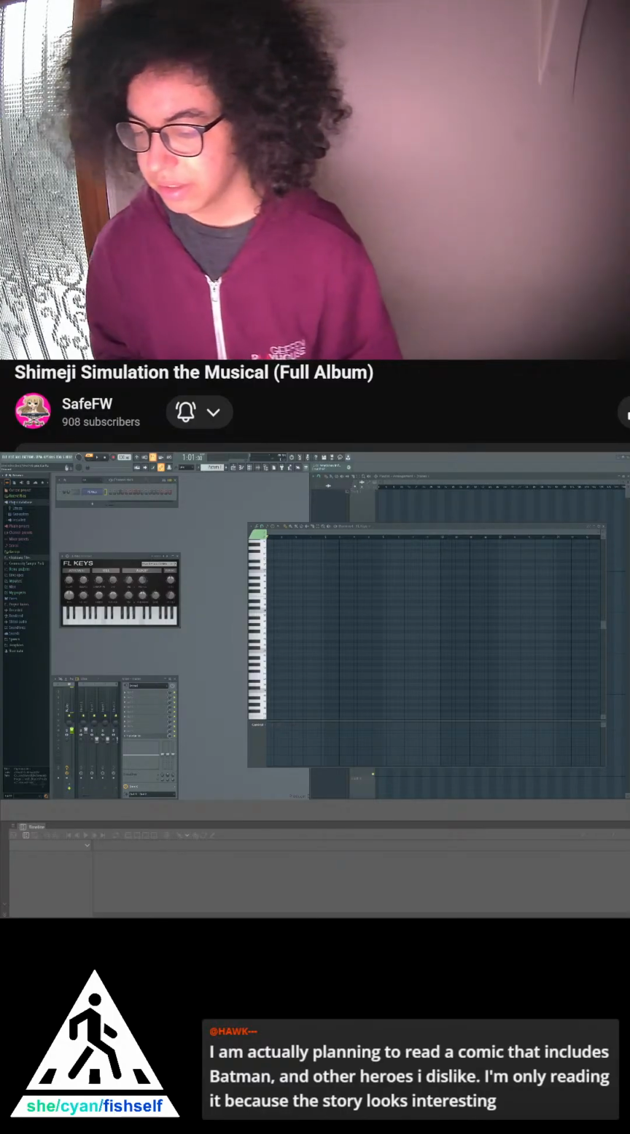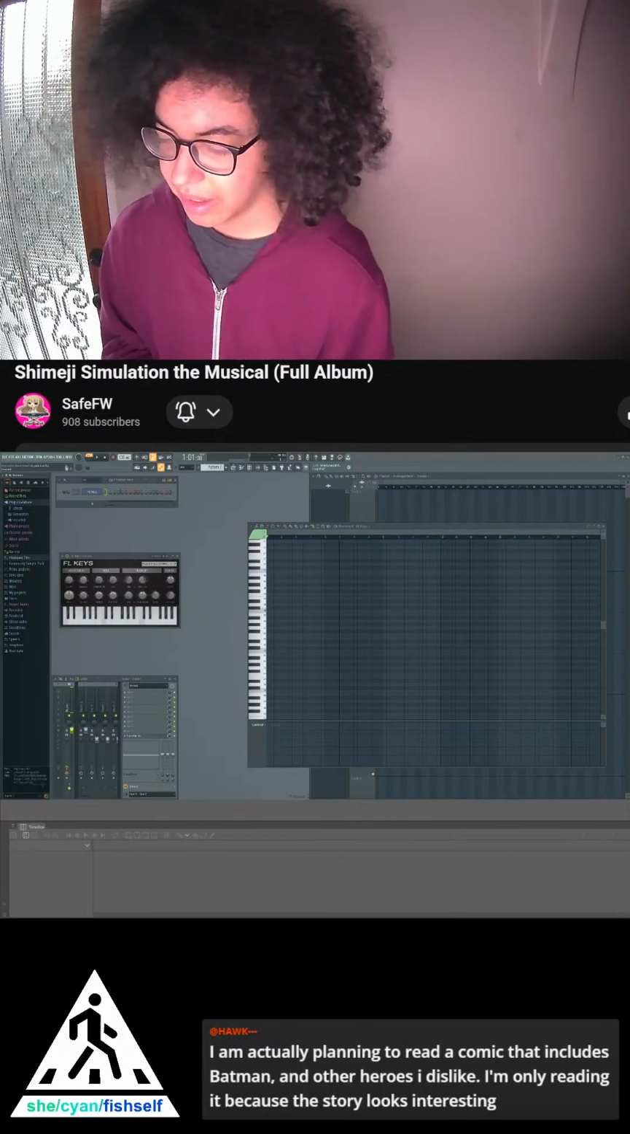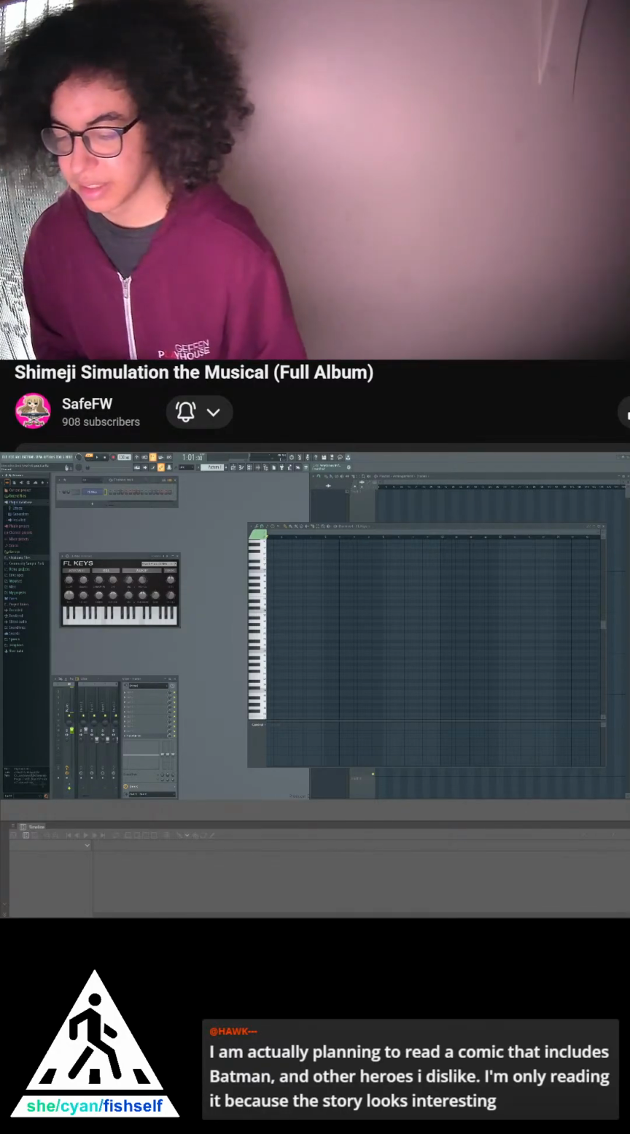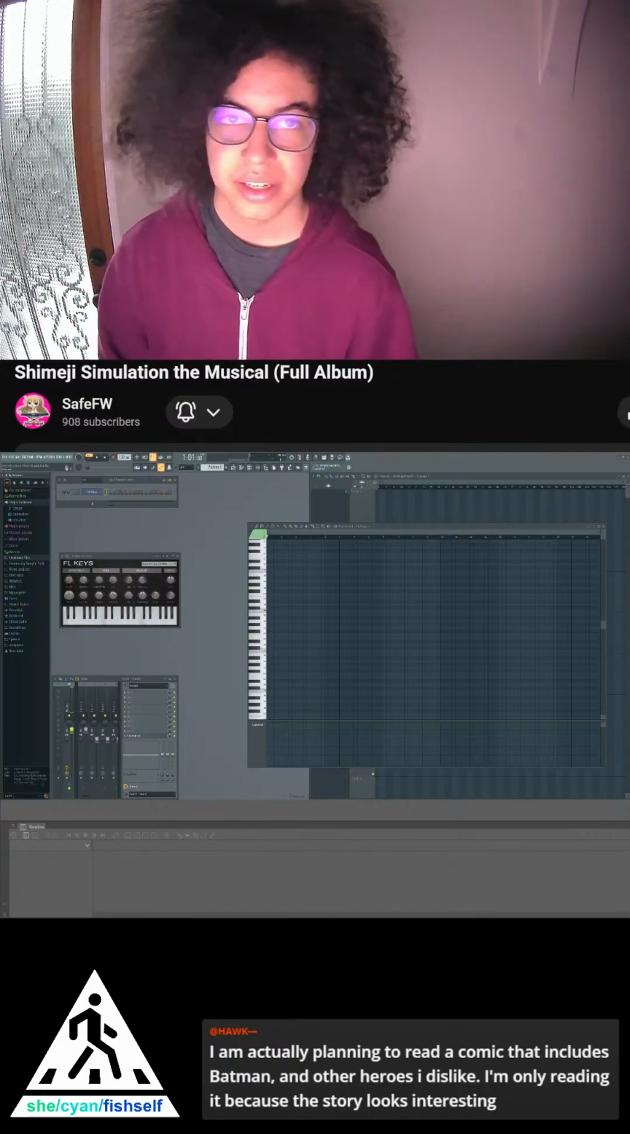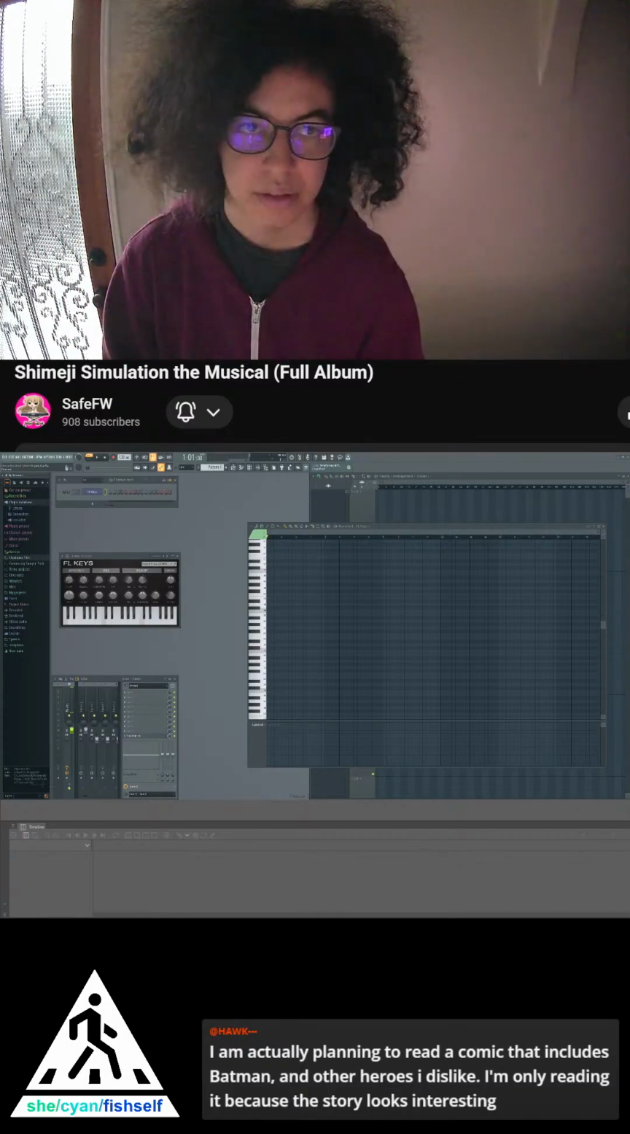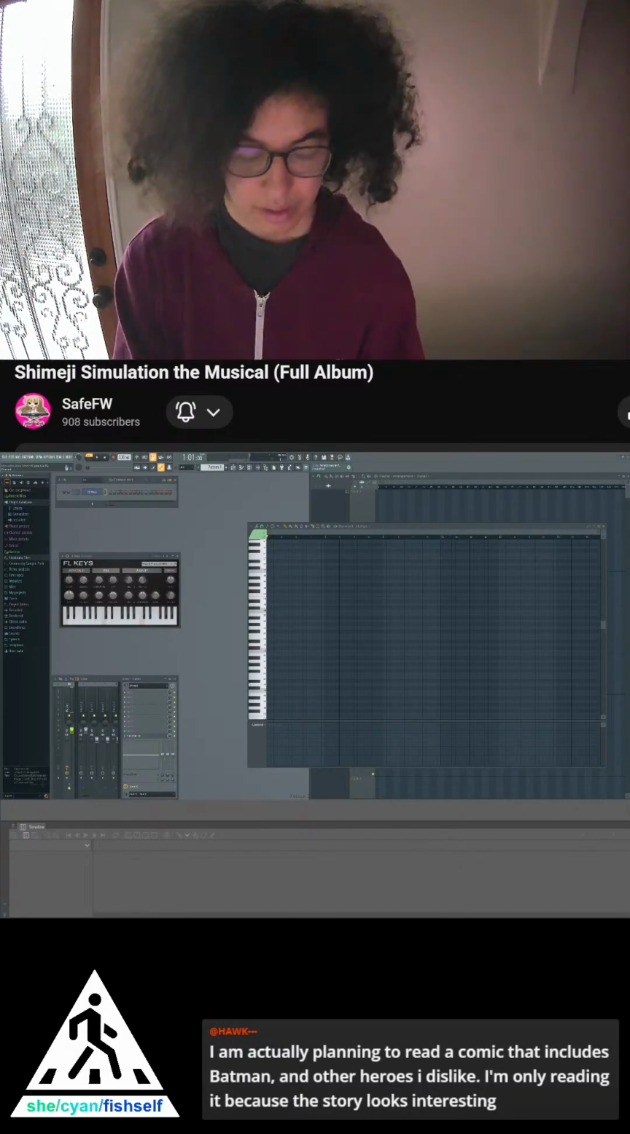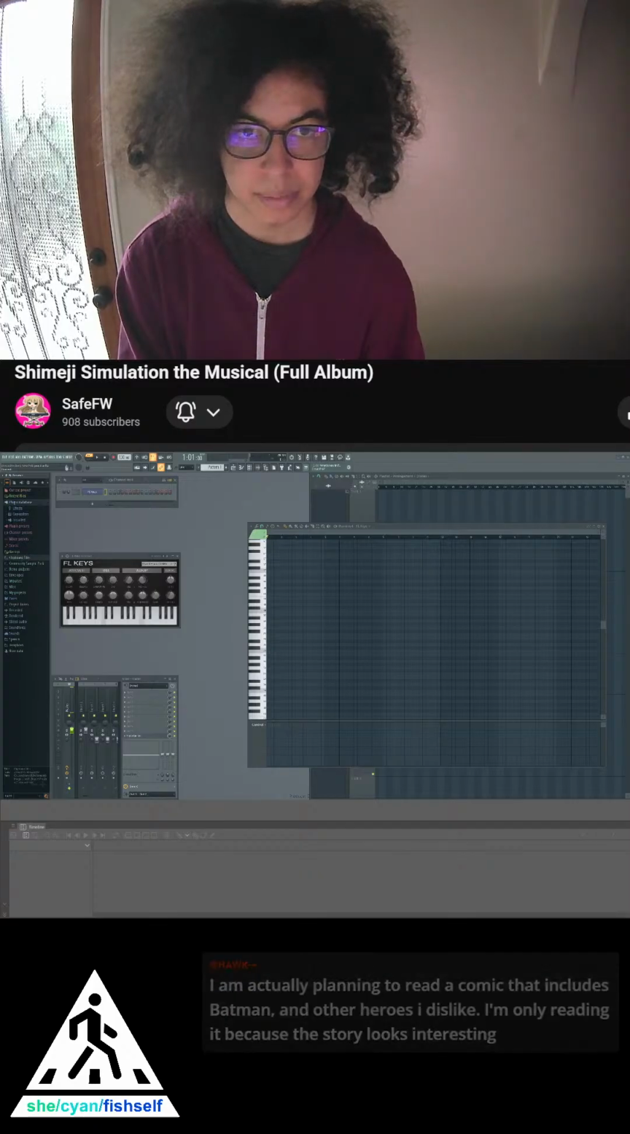I'm actually planning to read a comic that includes Batman and other heroes I dislike. I'm only reading it because the story looks interesting. Well, please, I hope you enjoy it. Genuinely. Plus, studio, you can't see me, but